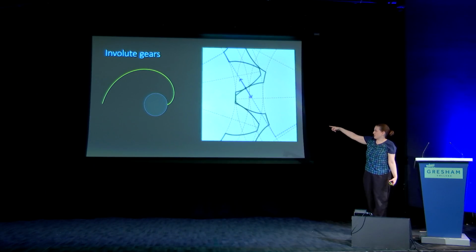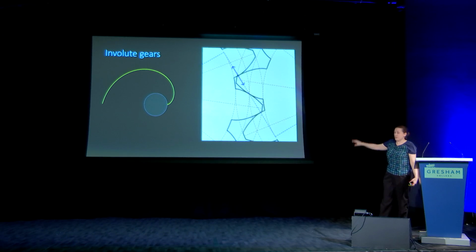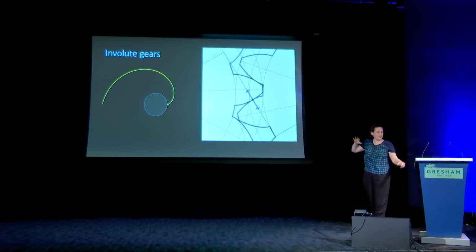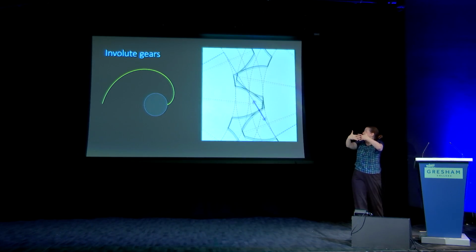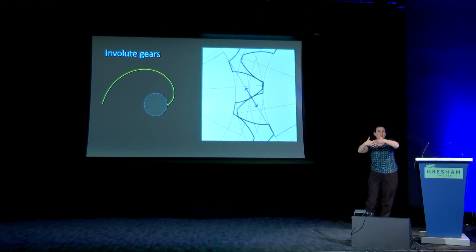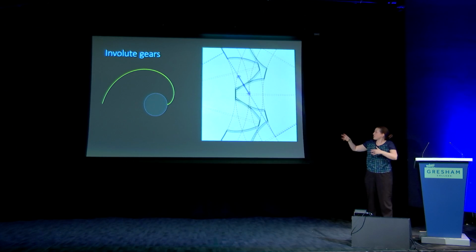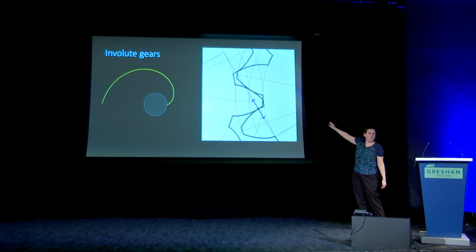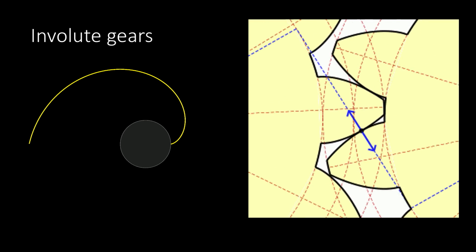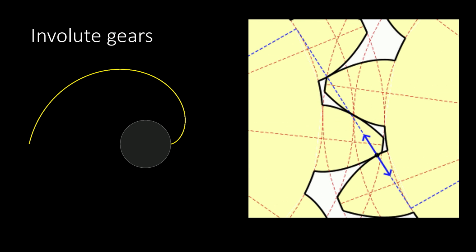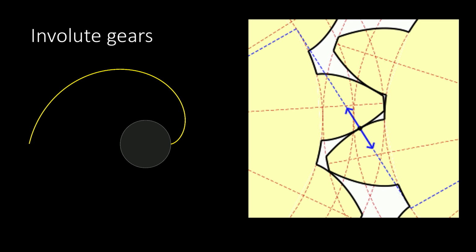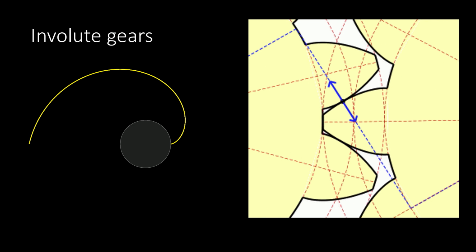Now, it turns out, on the left in this slide there's a picture of an involute of a circle, just to remind you it looks a bit spirally. And on the right is a picture of two gear wheels with their interlocking teeth, and one is transferring energy to the other. Now, if the profile of those gear teeth is an involute of a circle, then it turns out that at the point where they're touching, and they're constantly touching,